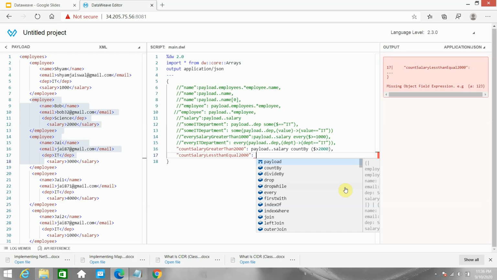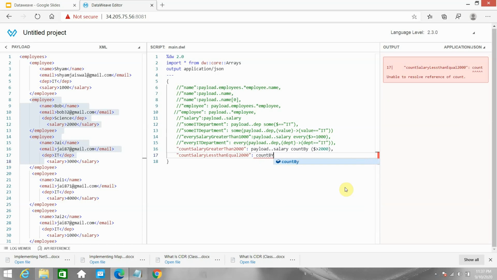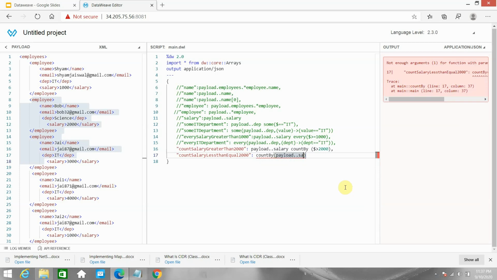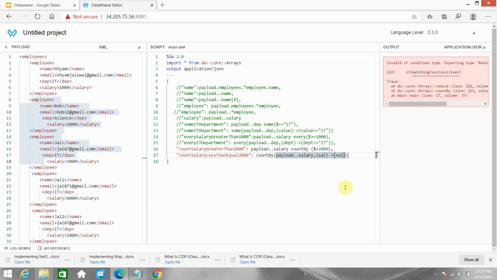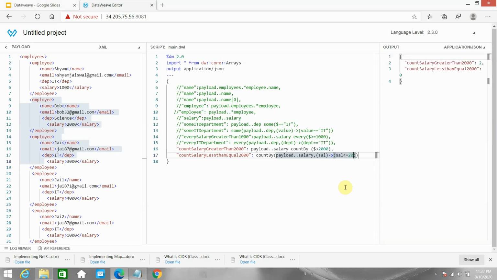For using a lambda expression I can use count by, pass payload dot salary, comma, salary, and the salary must be less than or equal to 2000.